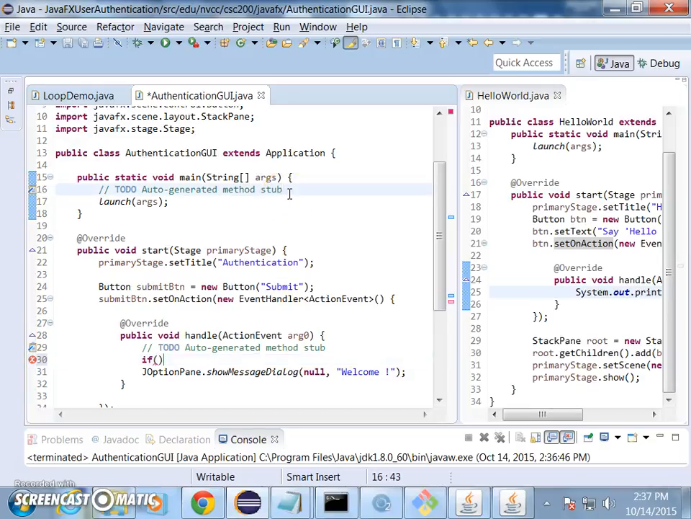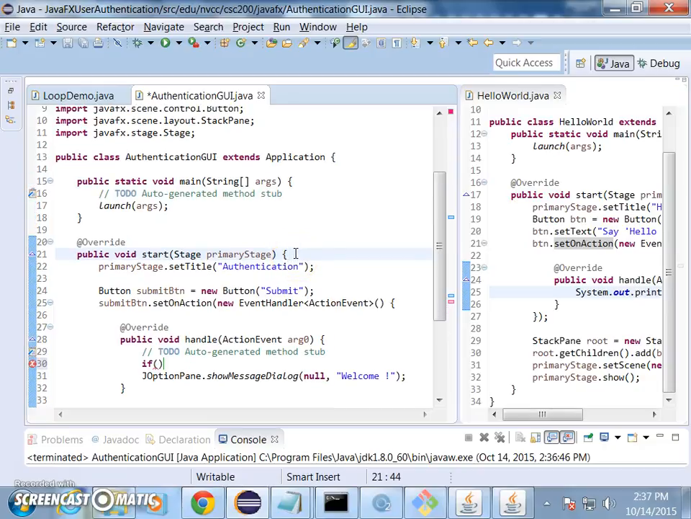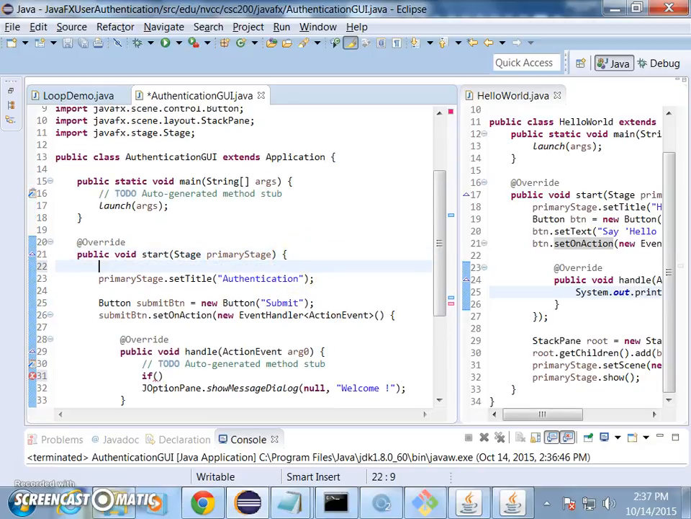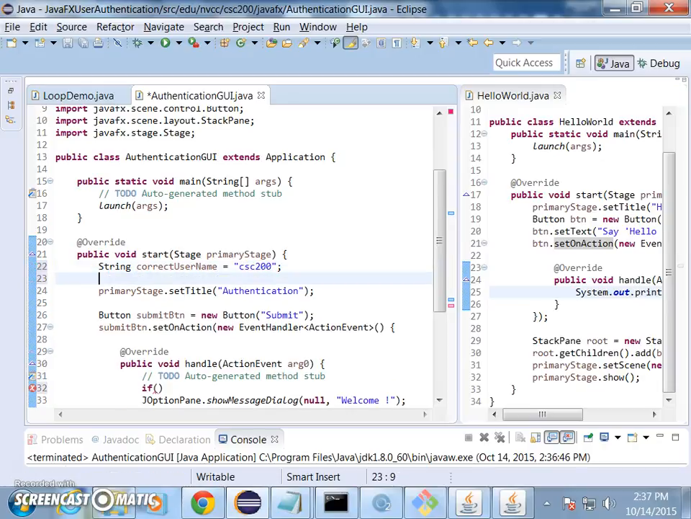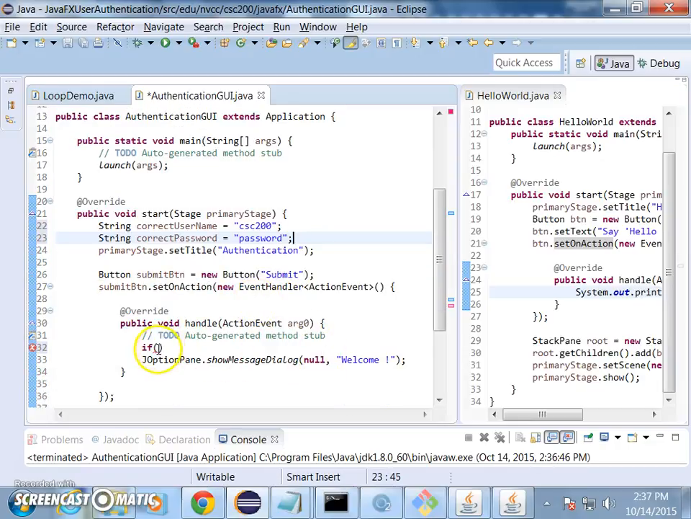I'm going to declare my correct username and correct password. Make sense? Okay, string. This is pretty much the same thing that you already know. String correct user name equals to CSC 200, and string correct password equals to password. Alright, so I declare those two. I just want to test first if